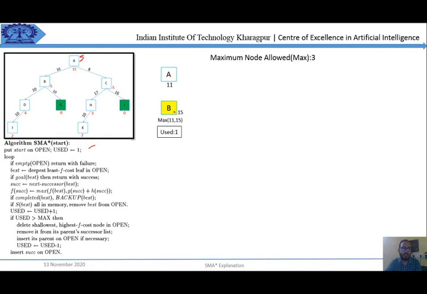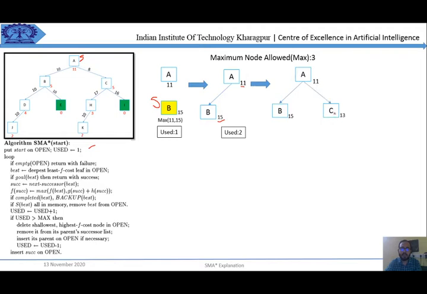So the F value of the successor node is 15. Then all these things will not be executed, because A is not completed, and suppose I increment the used value to 2, 2 is not greater than 3, so it will not be executed, and this particular B node is in the successor list. Again I have to find the minimum between 11 and 15. 11 is the lower one, so I take the 11 part and pick the successor. I have taken C as a successor and find the F value. 11 and 13; 13 is the highest one, so this is 13.